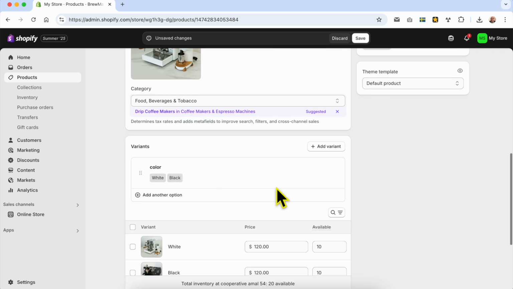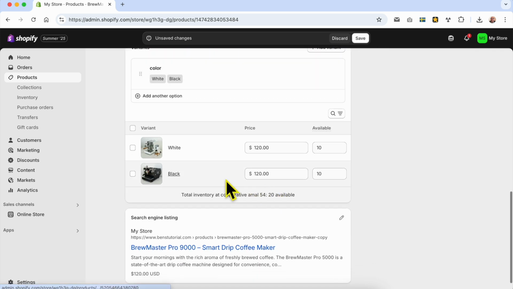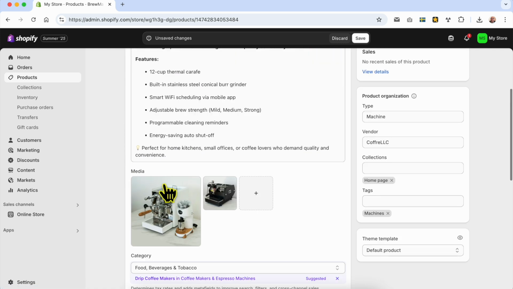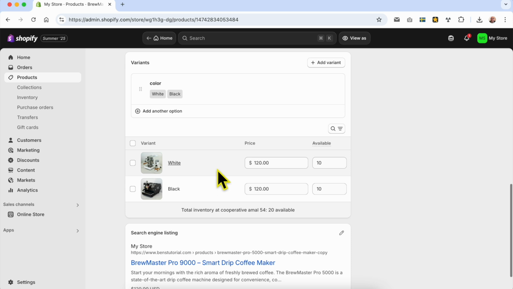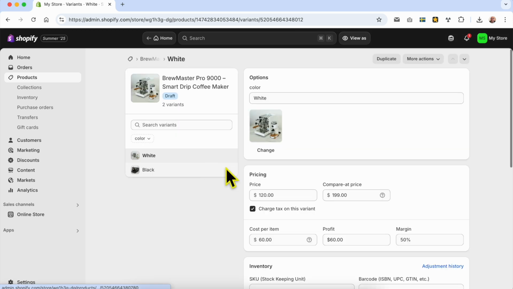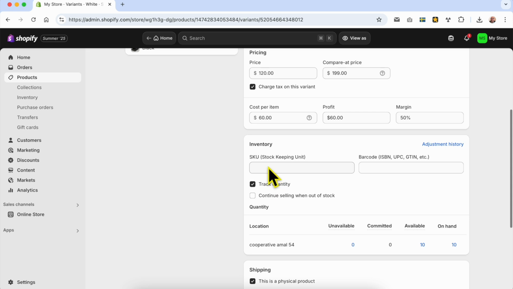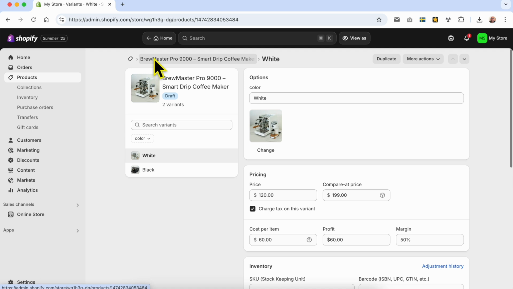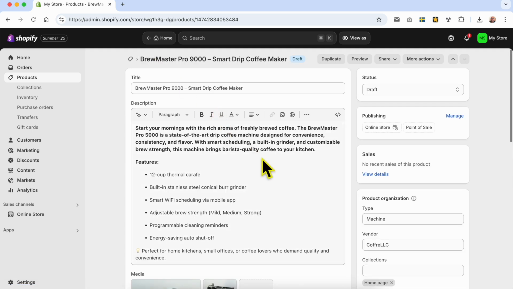and let's scroll down. For example, where is the SKU? Because I have multiple variants for this product, I need to click on one of the variants to locate the SKU field. I think it was better to keep the same SKU to duplicate it also and edit it from here. But no worries, let's go back to the products page,